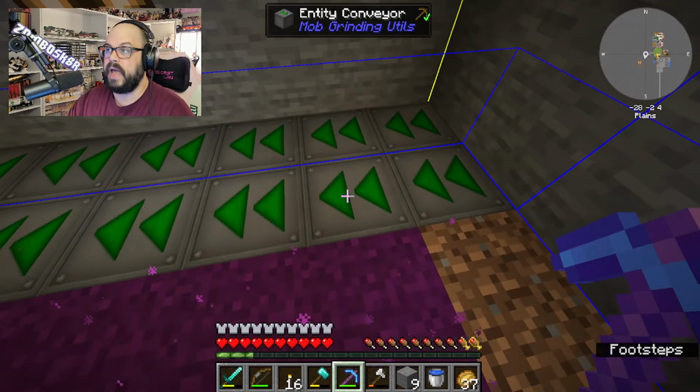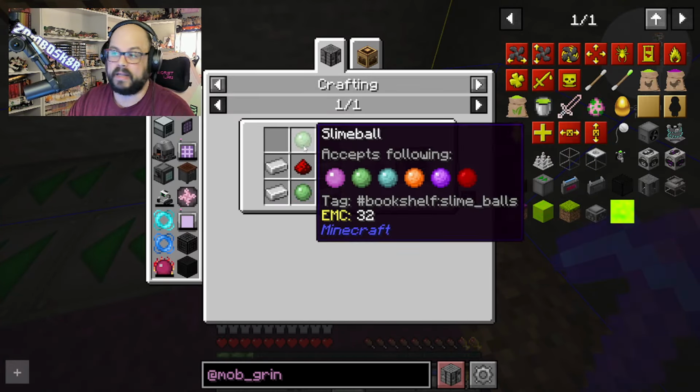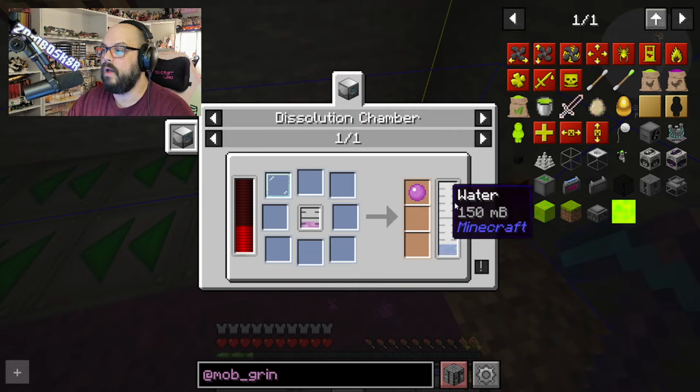And then we just use the entity conveyors, which are relatively easy, but once again, expensive. You need slime, redstone dust, and iron ingots. If you haven't found a slime, you can...